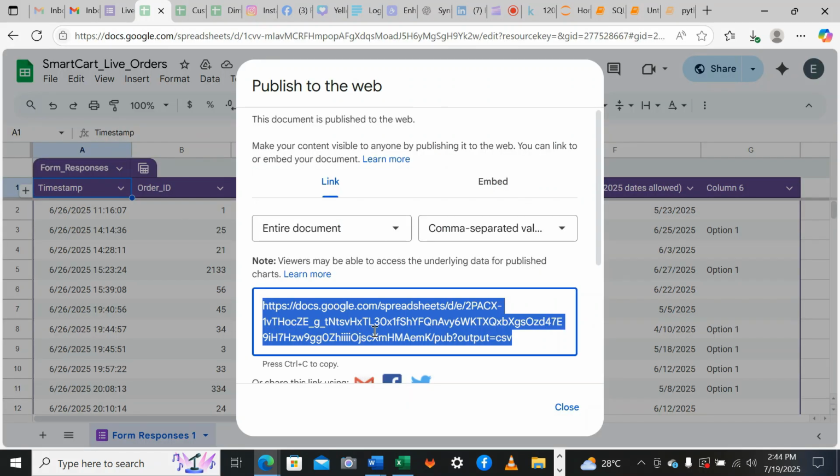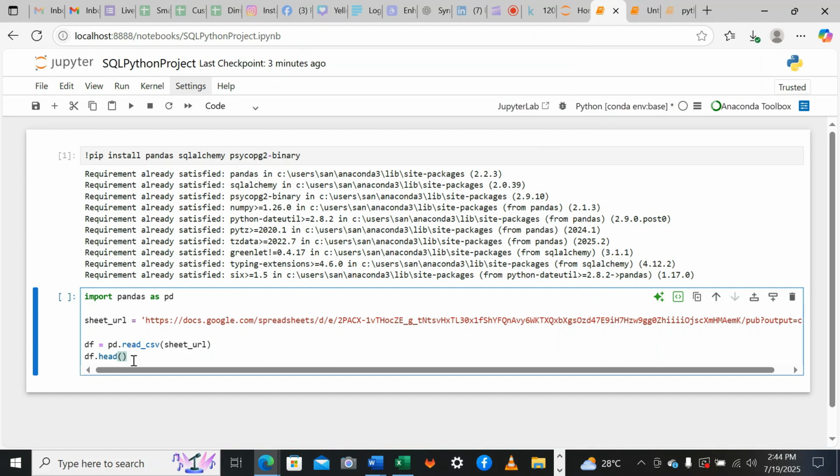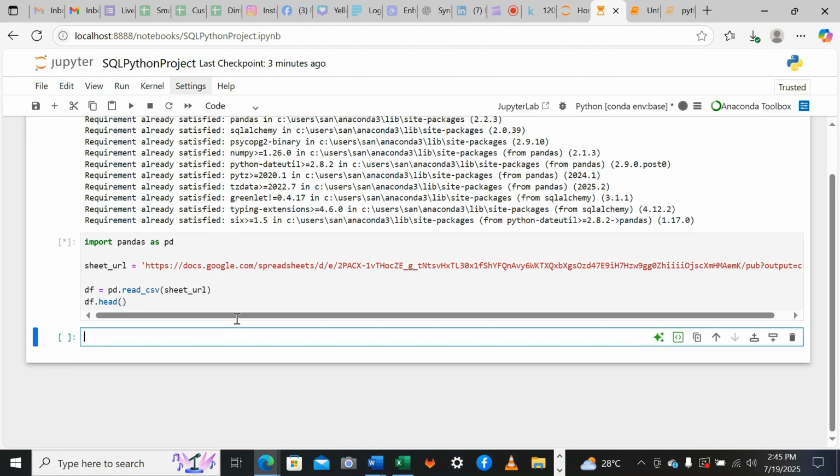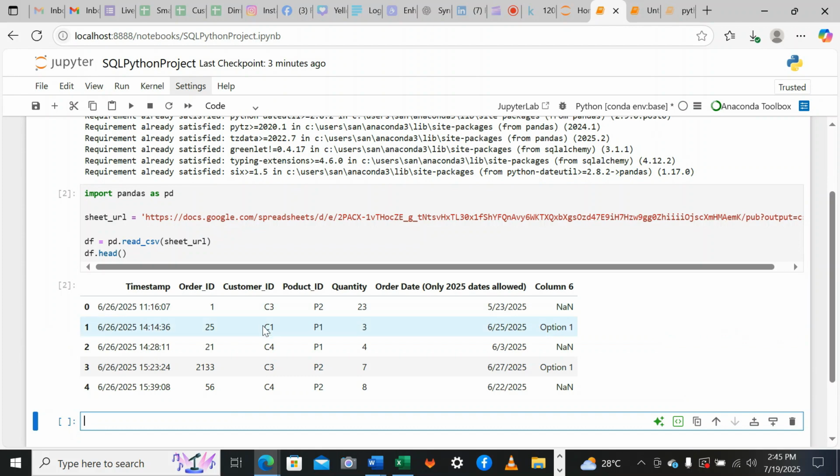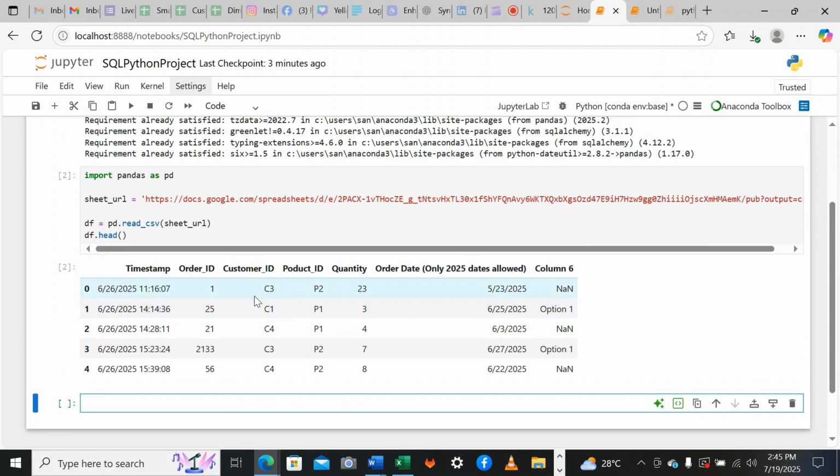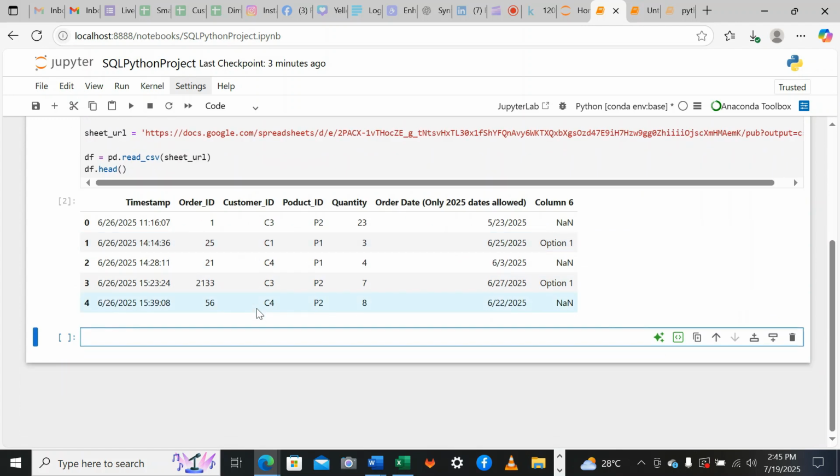this link here. So this link will give us the path of the web where we have published our Google Sheets, and then we read that particular Google Sheets. So let's run this one. So we have the Google Sheets pulled from the web. It has been pulled. It's now in Python. So now it's time to take this data in Python